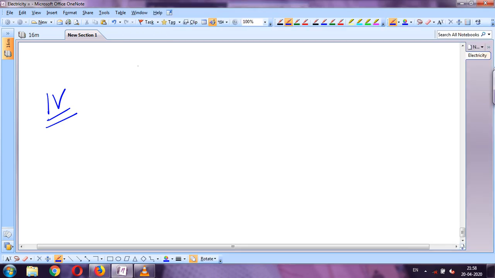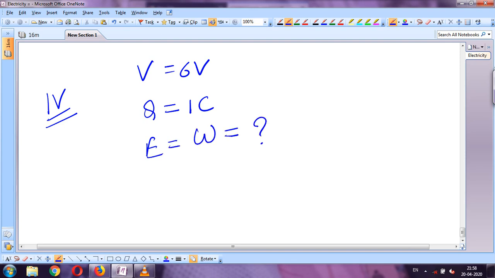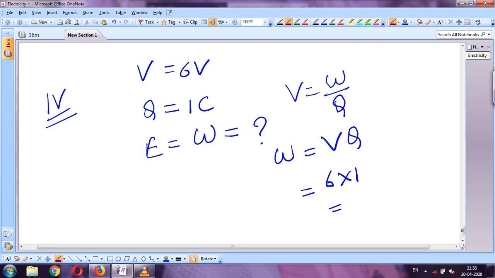How much energy is given to each coulomb of charge to pass through a 6 volt battery? Now potential difference is 6 volt. Each charge they said, so charge is 1 coulomb. And they are asking how much energy is required. Then remember children, energy is equivalent to work. That means we have to find out work. Potential difference formula is work upon charge. Work from here it will be